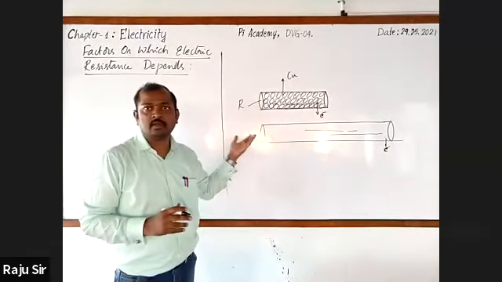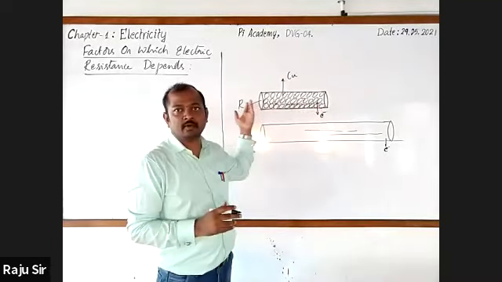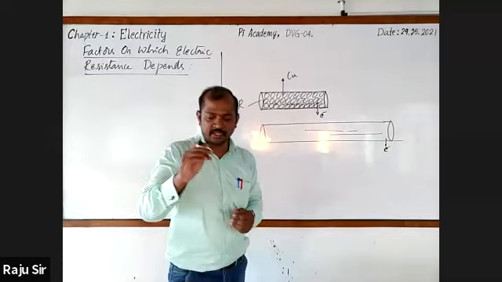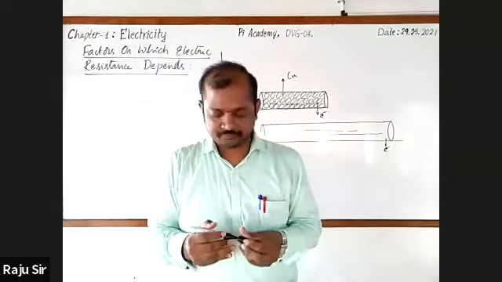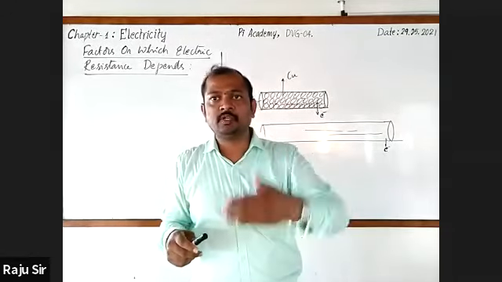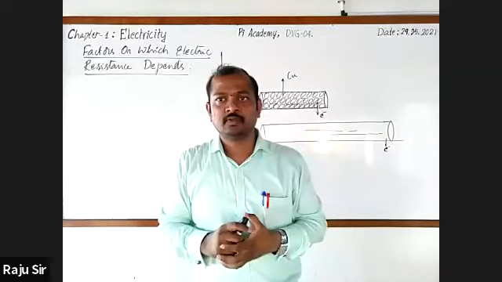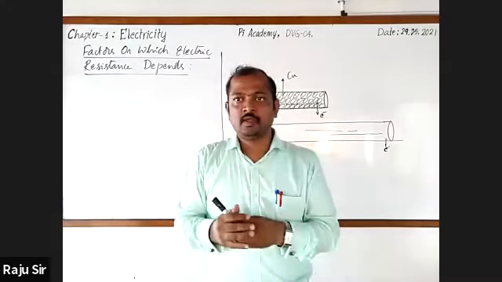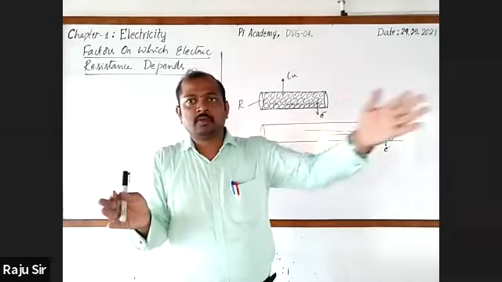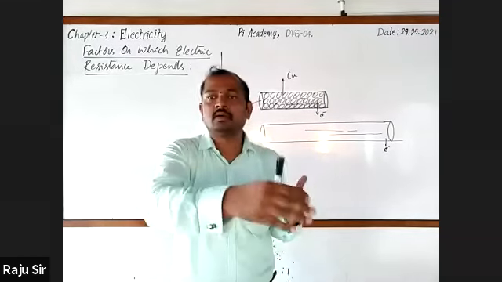Second one, it has to flow, it has to travel for a longer distance. Whereas in the first case, the electron will travel for a shorter distance. Suppose when you are moving on the road, often you come across speed breakers, right? Usually you will observe speed breakers on the road. If you travel for 100 meters, you may come across just one speed breaker.